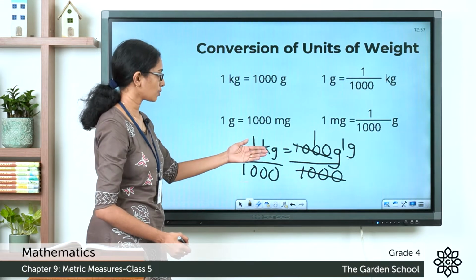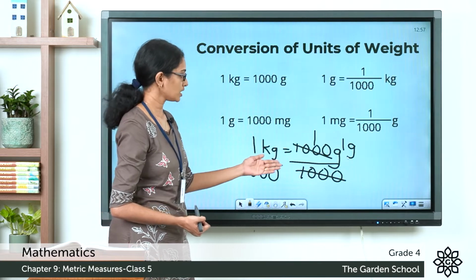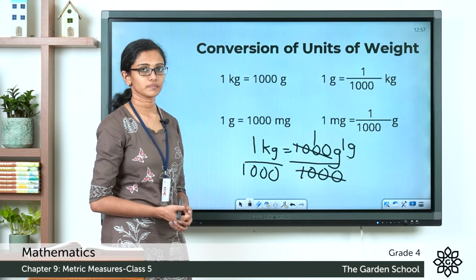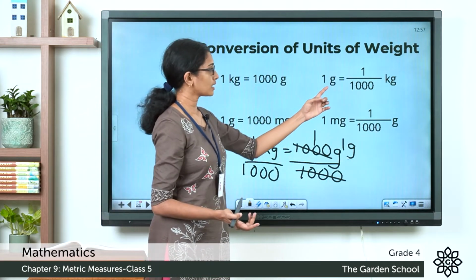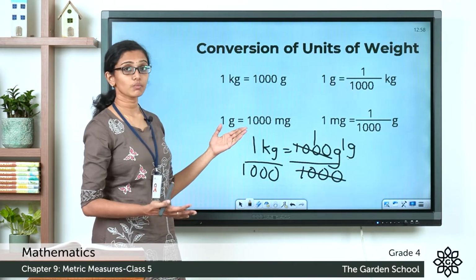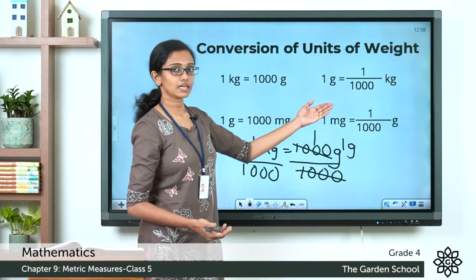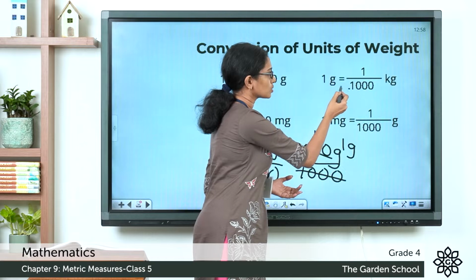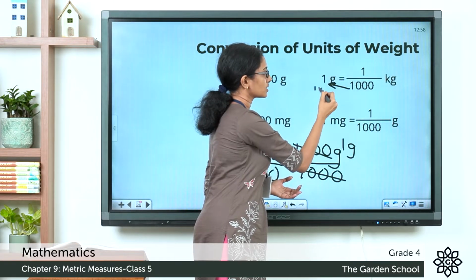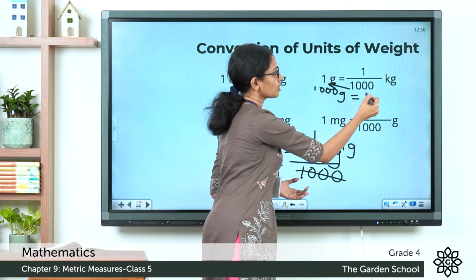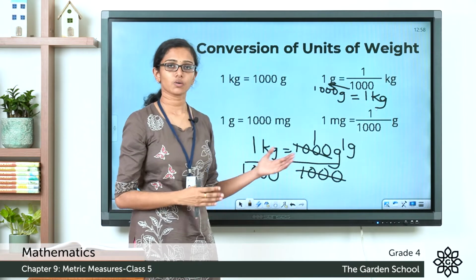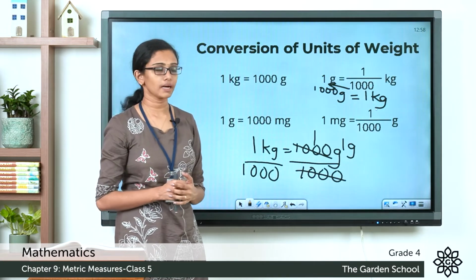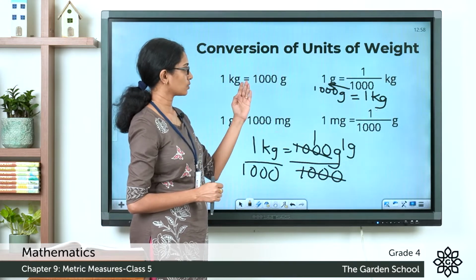Now, on the left side you get 1 kilogram by 1000. So, 1 kilogram by 1000, or 1 by 1000 kilogram, is equal to 1 gram. So, 1 kilogram equal to 1000 gram, and dividing both sides by 1000, we get 1 gram is equal to 1 by 1000 kilogram. Now, if you cross multiply this 1000 towards here, you'll get 1 into 1000, 1000 gram is equal to 1 kilogram. You can cross multiply and check if you're writing it correctly. So, just keep in mind 1 kilogram equal to 1000 gram, and 1 by 1000 of a kilogram would be